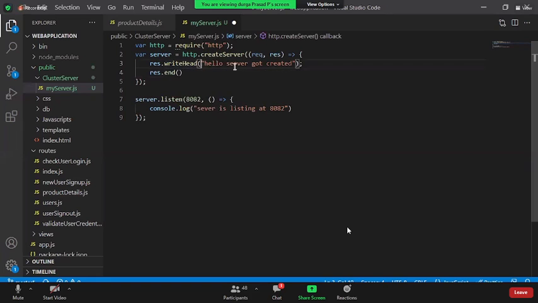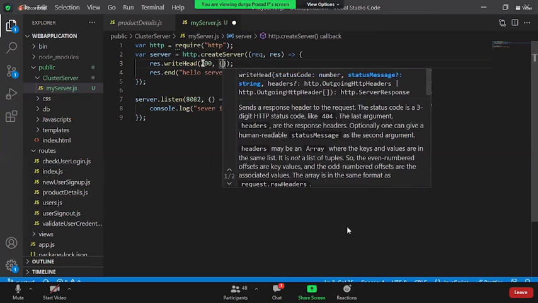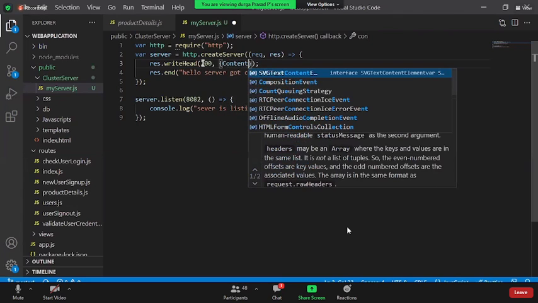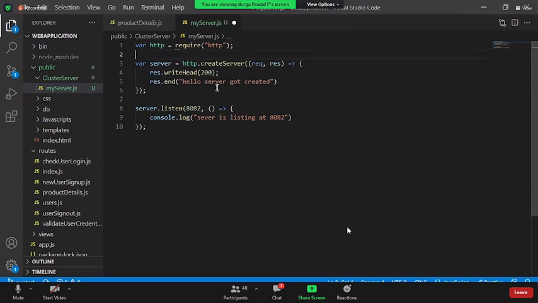Actually, under writeHead we specify the status code and content type, right? Under response.end we do this. We specify it as 200. I'm not specifying the content type. Remember, we can even specify the content type also as the second parameter, passed as an object. Right now, I simply pass the status code as 200. I'm creating a very simple HTTP server, and the server simply says hello, I got created, and it is listening at so and so port number.